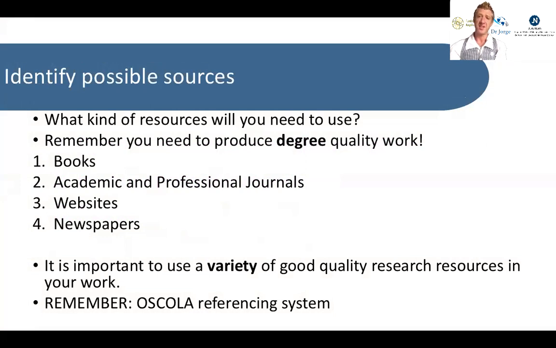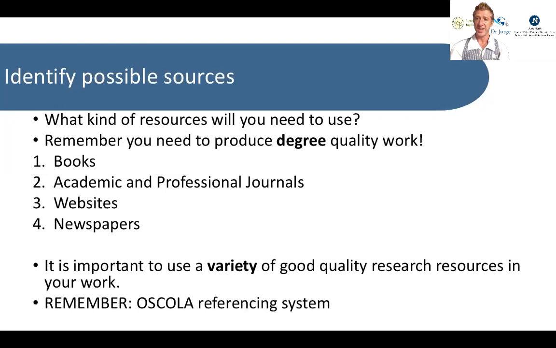The sources, this is academic research, so we need to find quality sources. The sources depend on the degree, yes? It may be books, academic and professional journals, websites, and so on. Try to avoid newspaper articles and tabloids. I'll explain that later. Again, I'm conscious you may have problems with books and physical academic and professional journals. So this session will be mainly about online research.